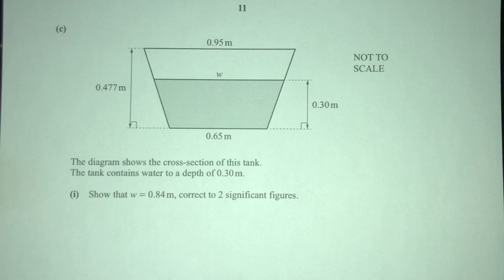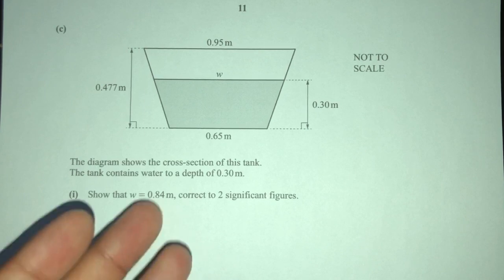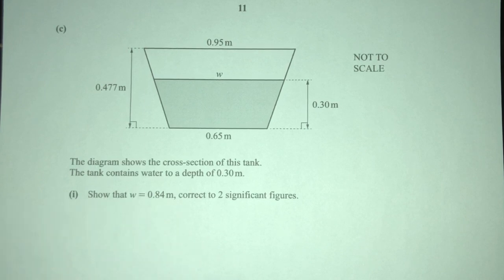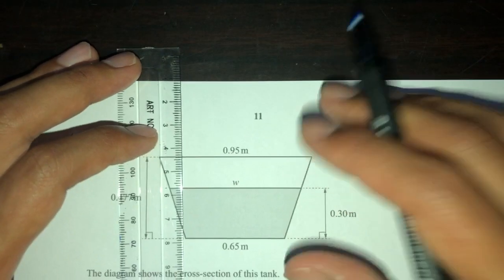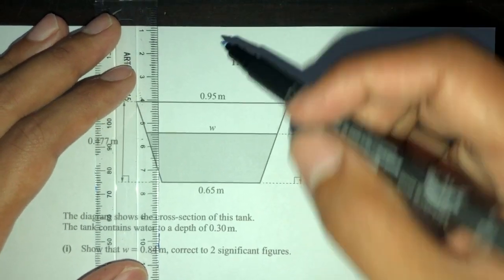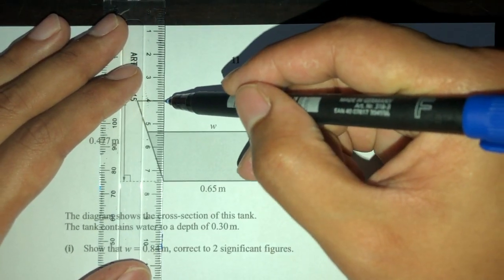Now the good thing about this question is that you have to show that W is equal to something. So you know what the right answer is already, so you just have to show it is equal to this. Of course you can keep trying until you get this as your answer, because you know that is the right answer, right? That's a good thing about this kind of question. Now here, we'll just simply use our knowledge of similar triangles. For example, we can join these two,